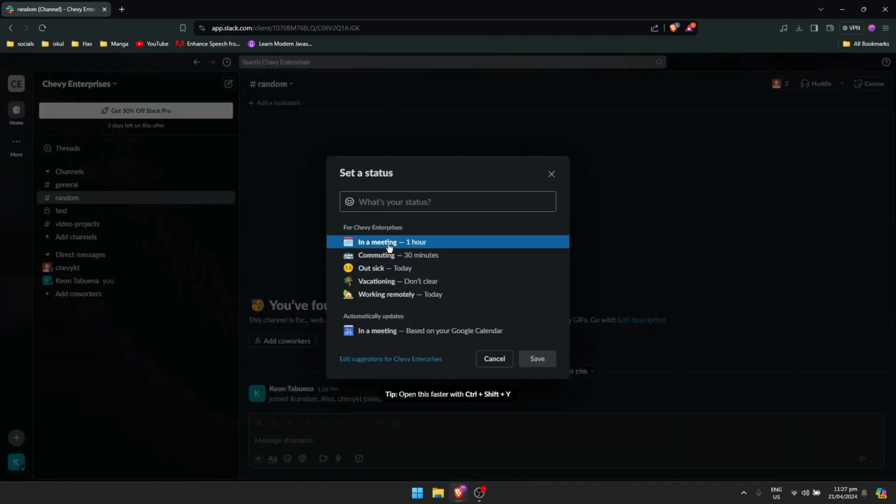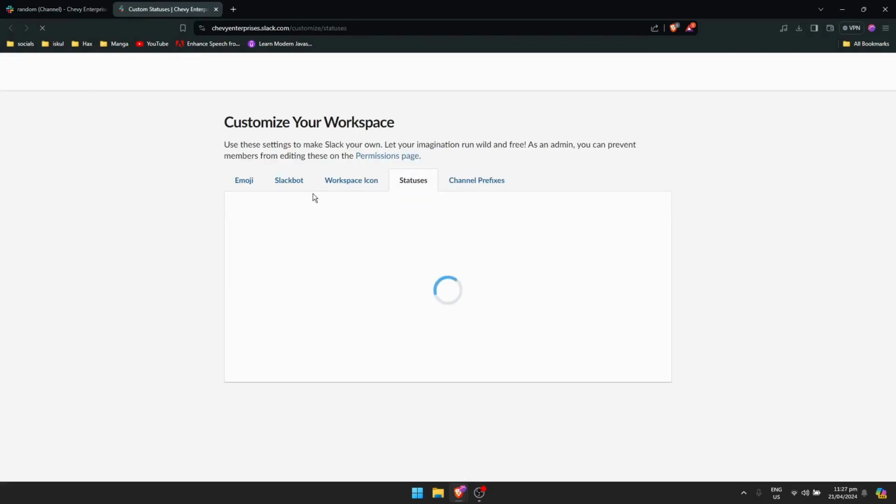Then you could pick anything here. You can pick this emoji: in a meeting, commuting, out sick. But if you don't like any of these and you want your own, you just need to click on edit suggestions here next to the cancel button. Click on that. This will pop up